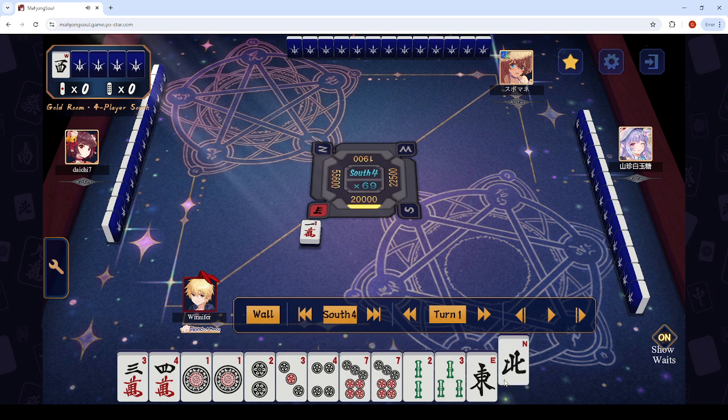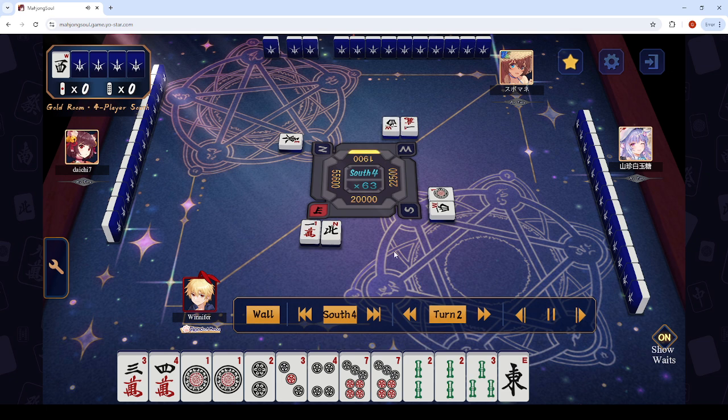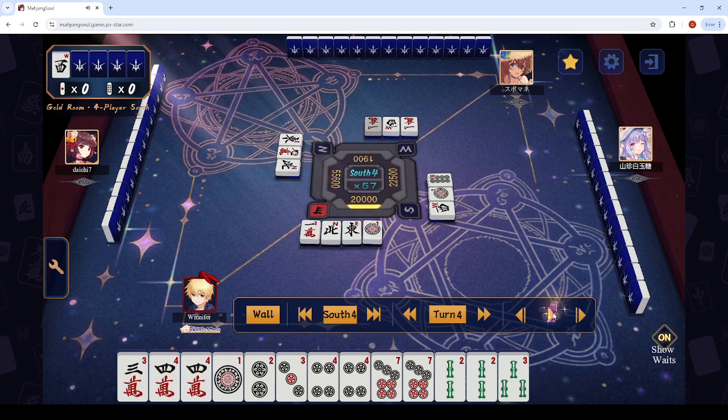This looks like a fast hand. This looks like a possible Pinfu hand as well. Possible Sanshoku 2-3-4, 2-3-4, 2-3-4. I probably don't want this North. I can't think of anything that I can do with this North. Yep, so I cut it as soon as I can before someone else draws it. I make a cut on the...